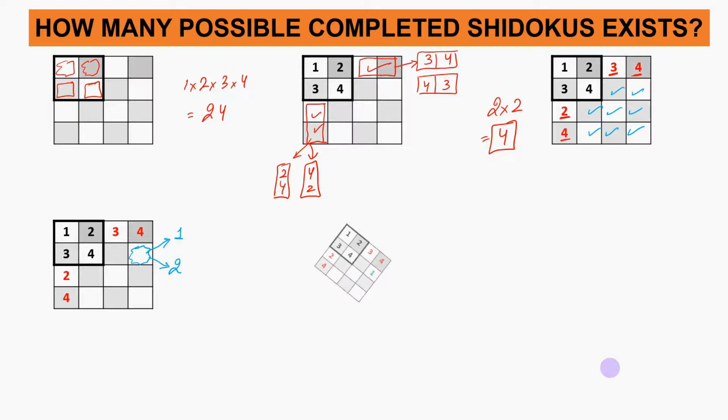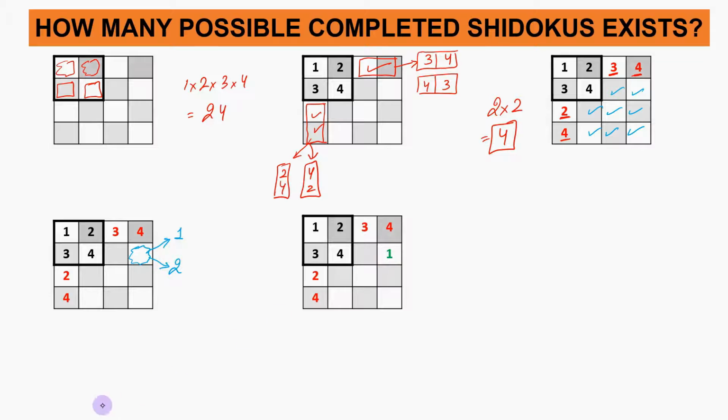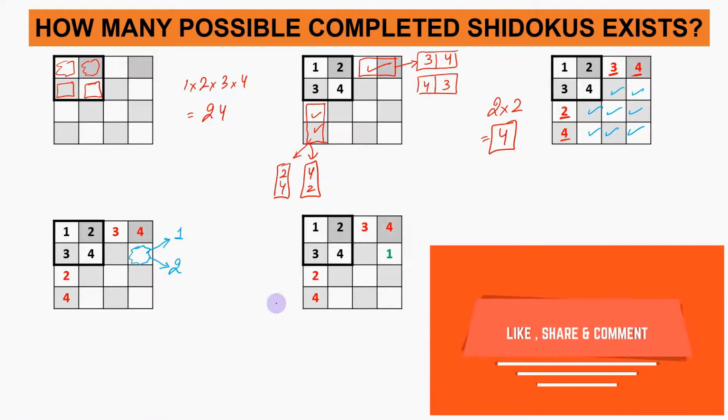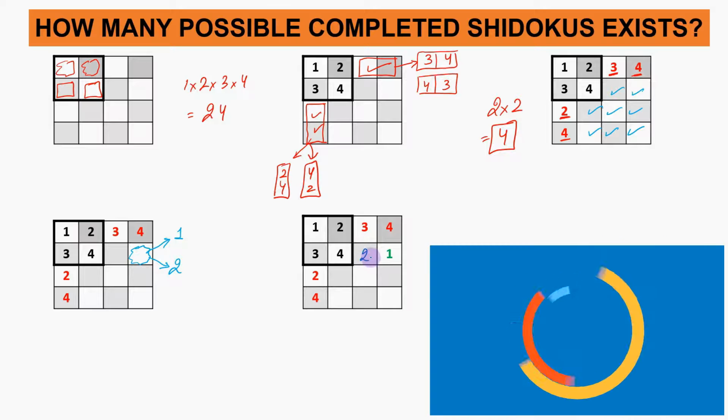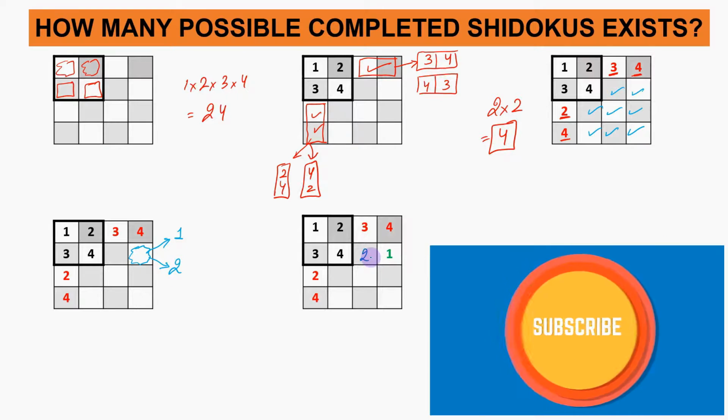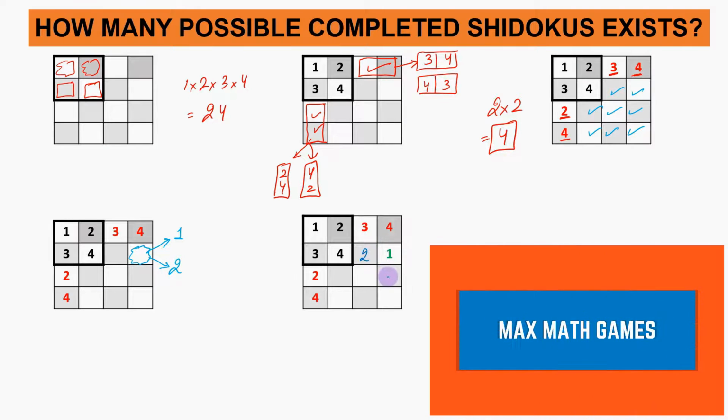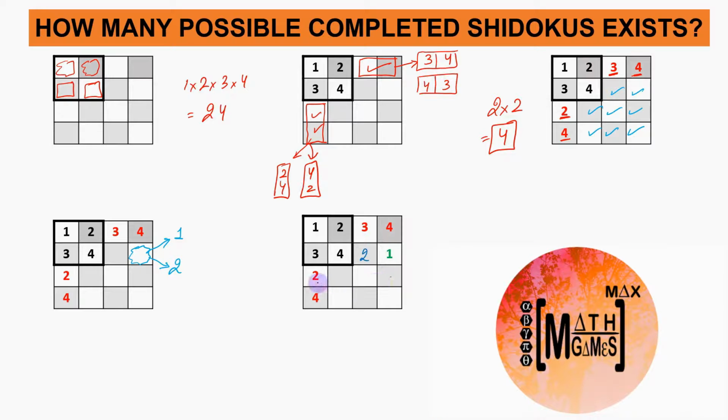Now let us take the case when we have 1 in this place. So if we have 1 in this place, then this is going to be a 2 over here. Okay, this is very obvious, and obviously this cannot be a 2 because we already have a 2 in this row. This cannot be a 4 because we already have a 4 in this column, and obviously it cannot be a 1. So this place will obviously be a 3, and there is no other possibility of doing so.